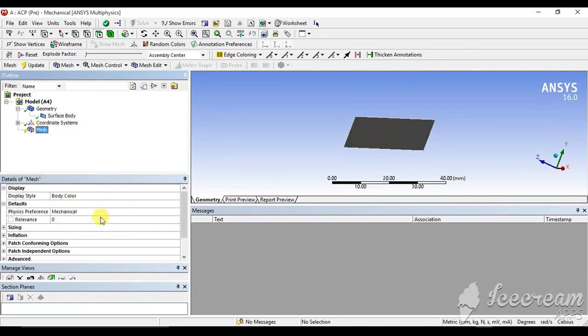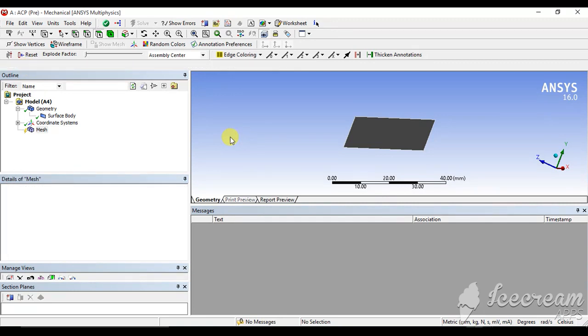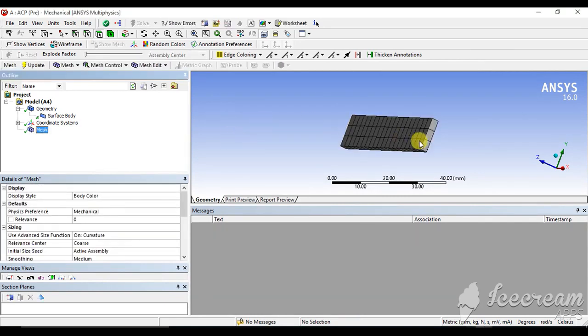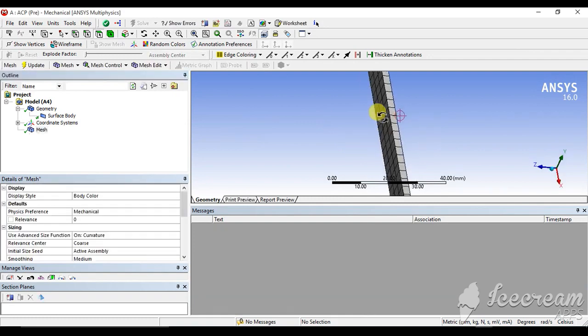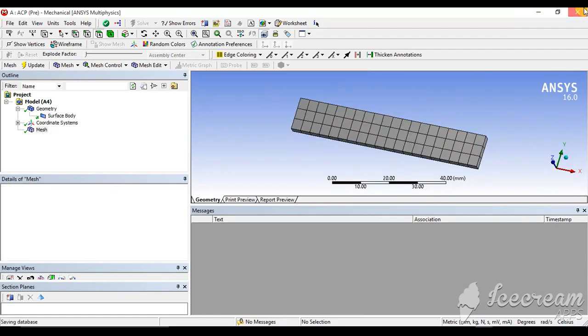In the mesh we can make good mesh settings, but right now, just for learning purposes, I am leaving it as it is, coarse in nature. And now I will update the mesh. So the geometry is now meshed.